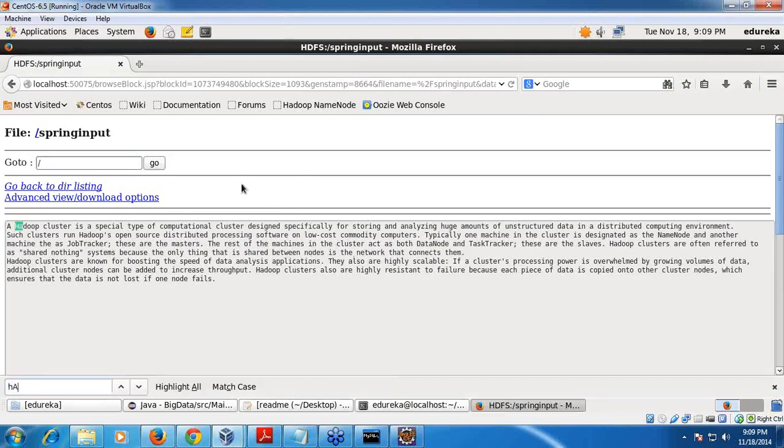Control F. One, two, three, 4, right? Because this Hadoop here comes with an apostrophe, that is not counted, otherwise it is 4, right?